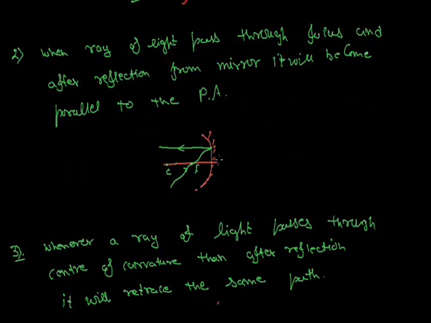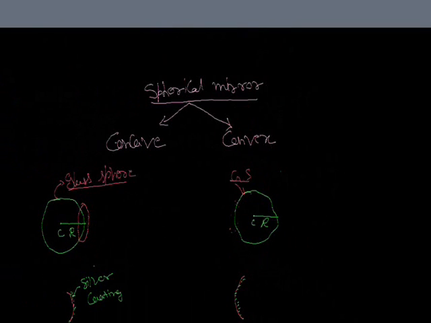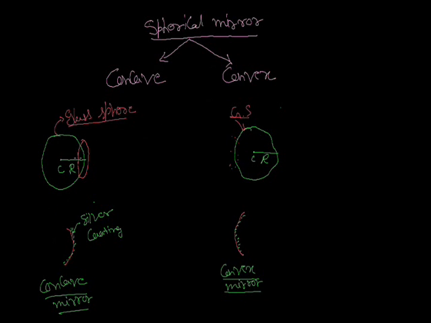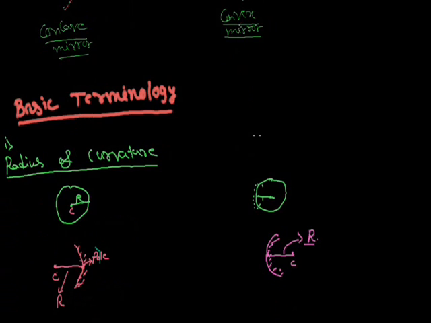And in the next lecture we will study the image formation by the various types of mirrors. First we will study the concave mirror, and after that we will study the convex mirror. On a glance, let us briefly discuss. Firstly, we will study spherical mirror. In the spherical mirror, we have concave mirror and convex mirror. We take a glass sphere, and if you cut this portion and put the coating in this direction, then it is a concave mirror, and if you cut this portion and put the coating in this direction, then it is a convex mirror.